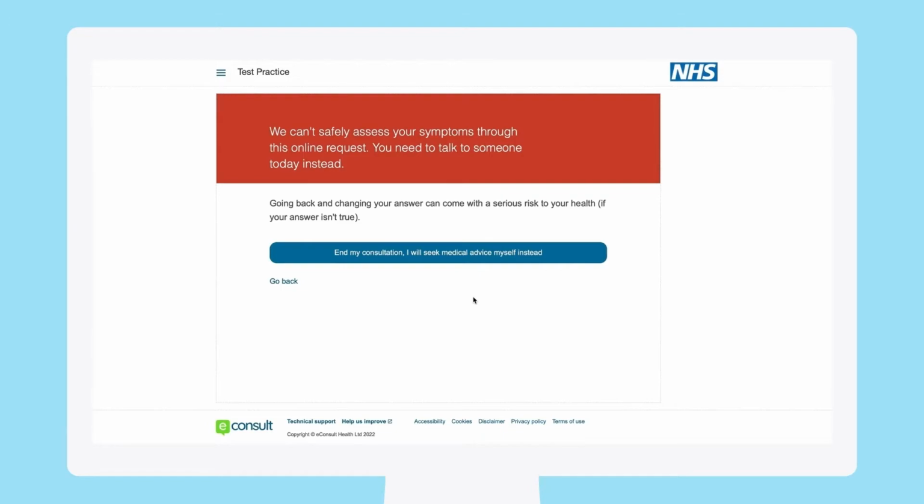And as you can see here, this immediately stops the consultation because it potentially highlights a higher risk symptom, and it signposts the patient to more urgent or acute services. So for example, signposting the patient to 111 or to the local A&E, depending on the severity. And I would get that guidance as soon as I seek to end the consultation. I just wanted to show you the red flags that are built into this platform for safety,